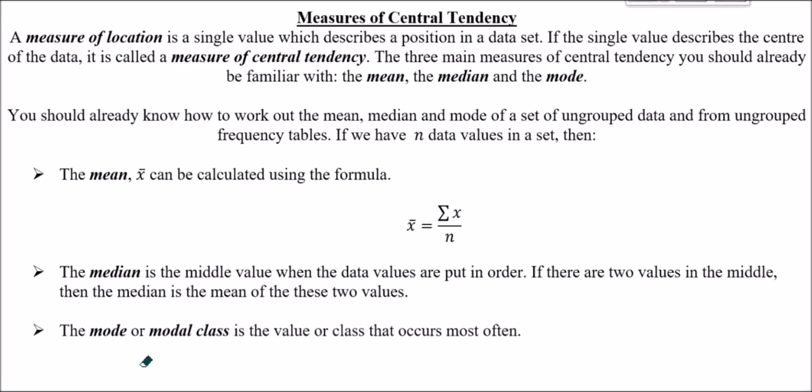The mode, sometimes called modal class, is the value or class that occurs most often. So in terms of modal class, it's the class interval that has the most items inside it. That would be the most obvious way of me putting that one. So now, let's have a look at a worked example of actually calculating the mean, which is done in a